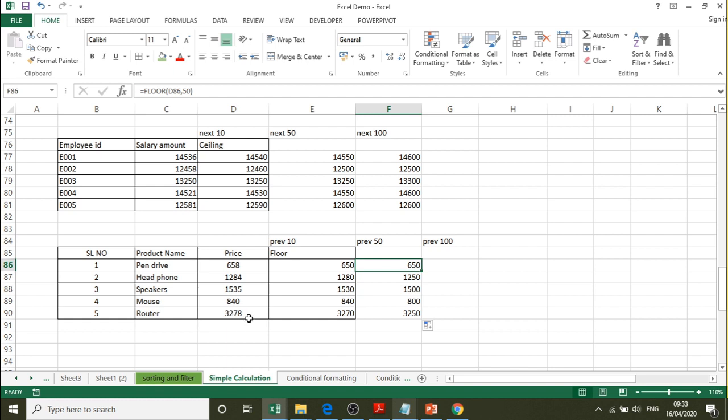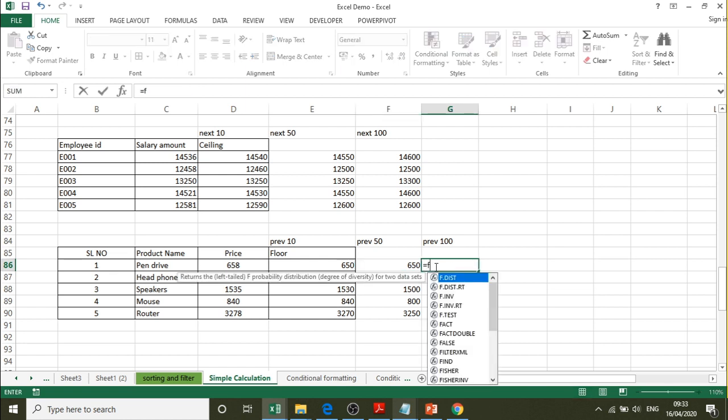So 3,278, it is 3,250. So in the first case there is no change for it is a multiple of 10 as well as a multiple of 50. So we got the answer 650 here, as well as in the previous 50 also we got the answer 650. So equals floor.